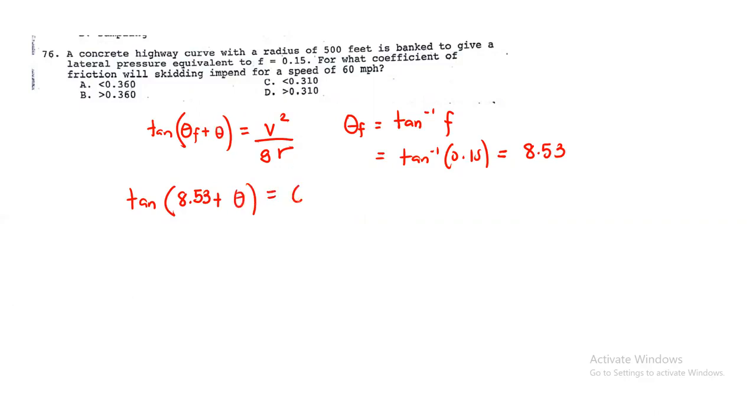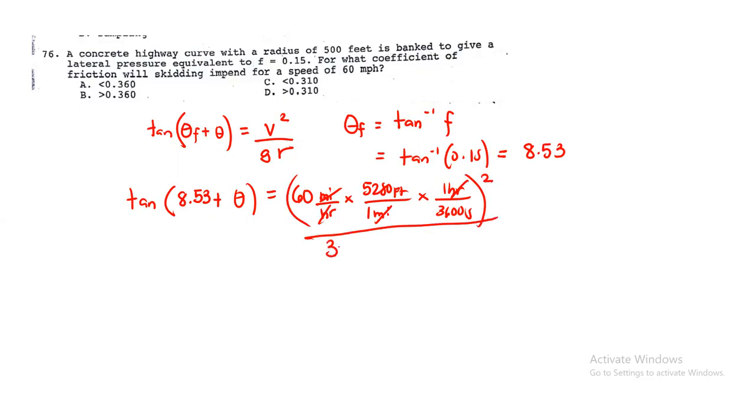Velocity natin is 60 miles per hour. I-convert natin, times 5,280 feet per 1 mile times 1 hour per 3,600 seconds, squared, divided by 32.2 na gravity feet per second squared, times radius na